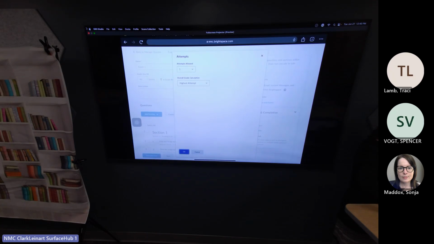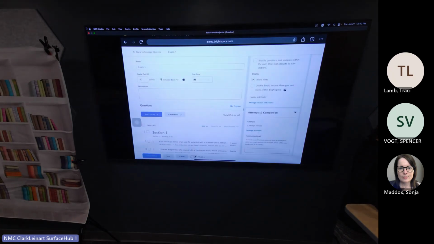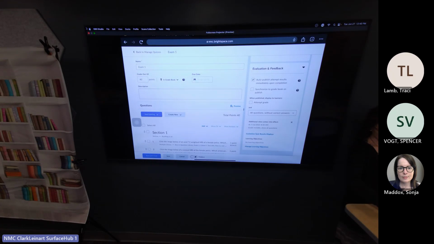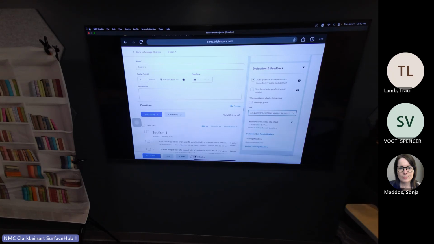So in the attempts and completion, that's where you can set if it's the type of quiz where you want them to have more than one attempt, you can select up to 10 or unlimited. And then for most of the nursing, I would say that they always leave it set at no questions. So what that means is at the end of the test, they will more often than not just see a screen that says your test is complete and then they hit submit. But some other sections might want them to see what questions they have missed. More often than not, the nursing don't.